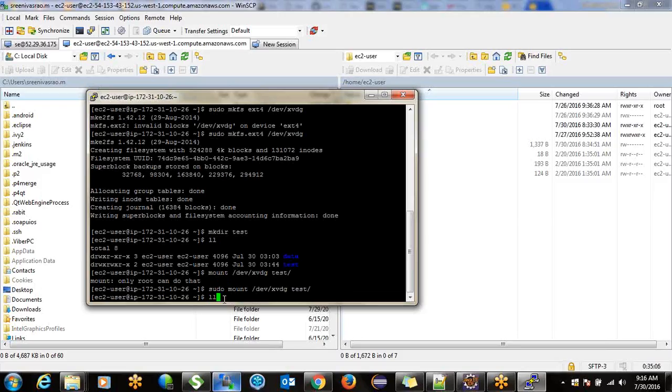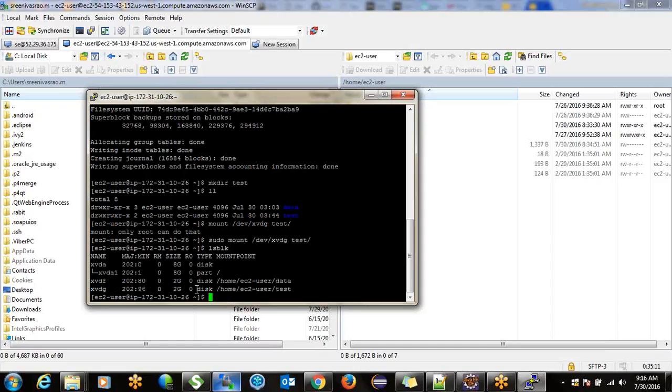Now check lsblk. This volume is attached to this folder. Now if we restart this EC2 instance and type the command lsblk again,